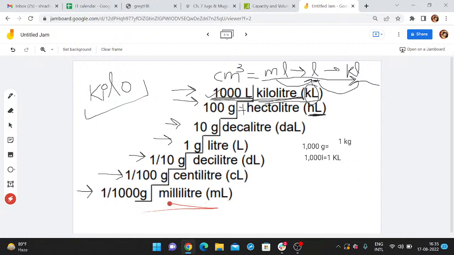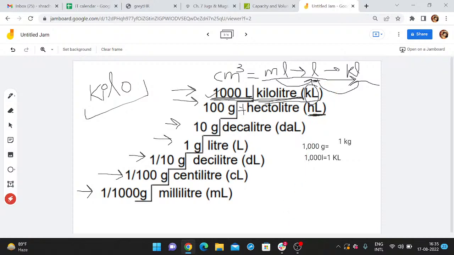Okay, so if we talk about milliliters, which is denoted by ml, this is 1000th. I am not saying 1000, I am saying 1000th. That means 1/1000 grams, is a milliliter. So this chart you have to do at home as homework,